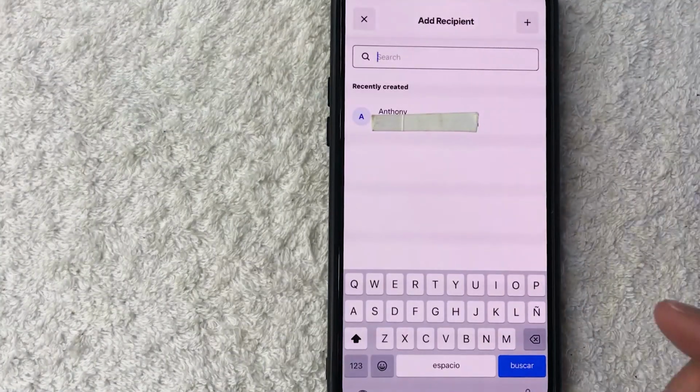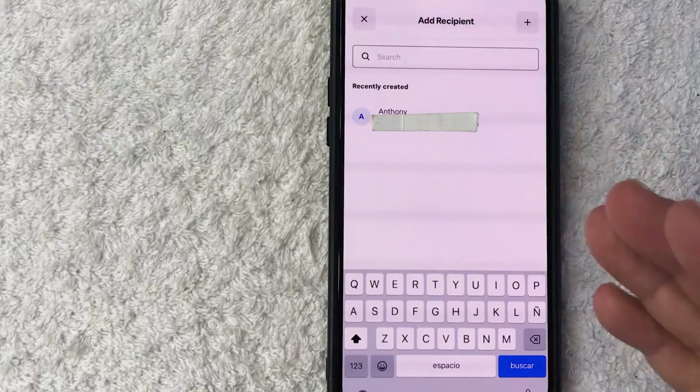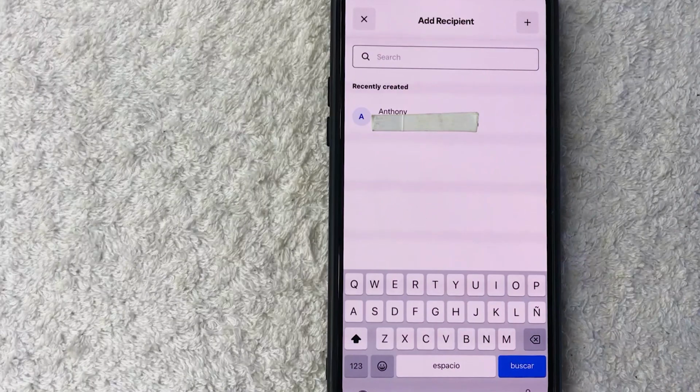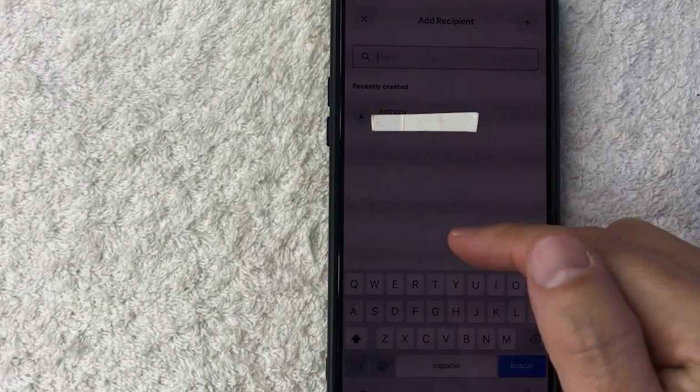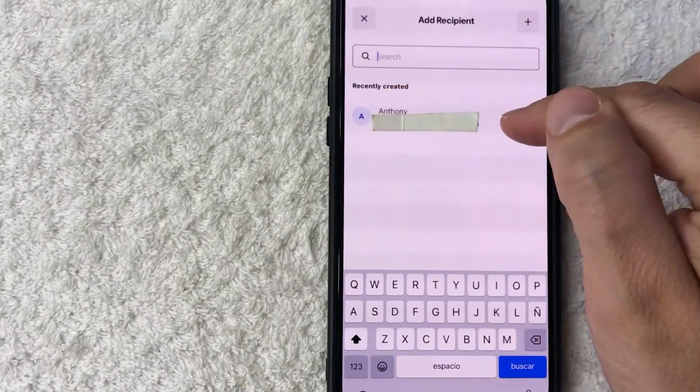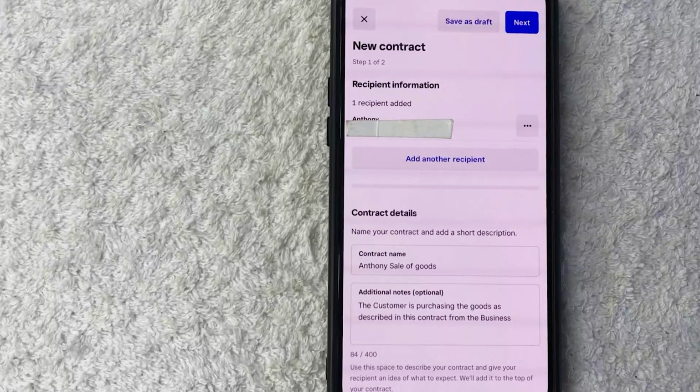Okay, so now we have pulled up a list of all of your different customers inside of Square Invoices. So just scroll through and see who you're going to send this contract to for sales of goods. If that person is not in your customer list yet, you can click on this plus icon and go ahead and add them. For me, I'm going to go ahead and use this contact. Okay, now we're ready to go ahead and set up our sales of goods contract by clicking next here on